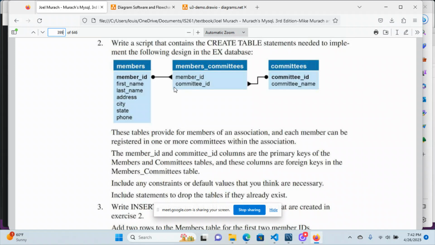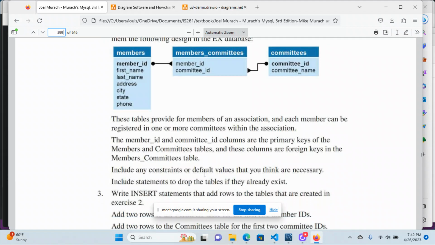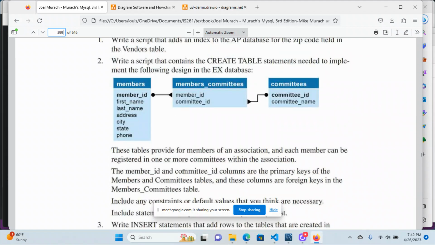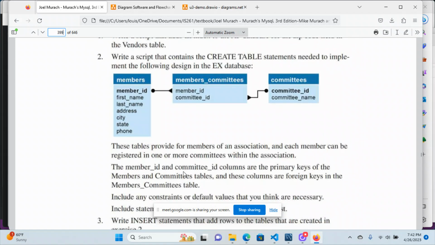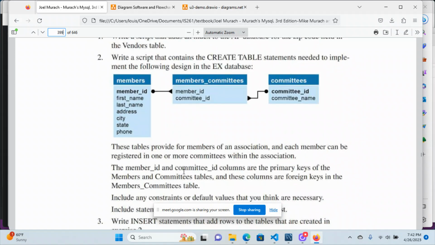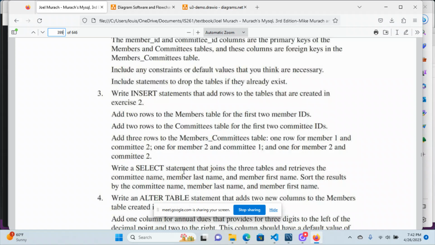And cool, we were done. It's going to be a little bit more complex this time. And then after we do that, let's see. Well, we did a query on this. No, I guess that's for the next one. Yeah, okay, so this is the join query that we do on number 3, so we don't have to do